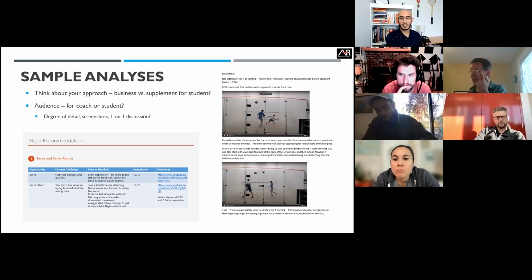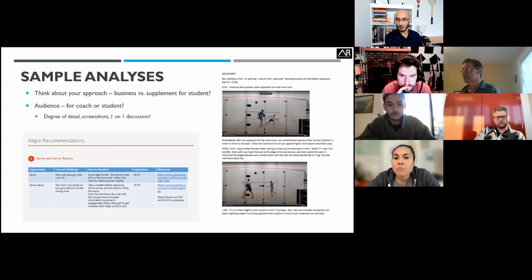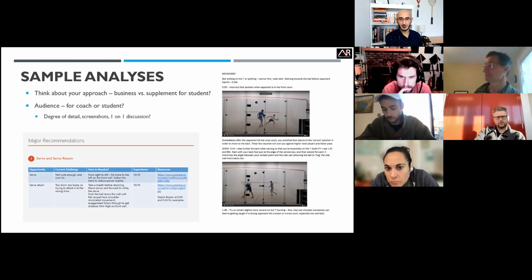So until I showed this to him, he was like, oh, wow, no wonder I feel so stuck on the tee, like when the ball is going into the front corner. Or this one here, he was serving and he took such a shallow step from the tee that it took him 2 steps from the service box. It took him 2 steps to get to the tee.